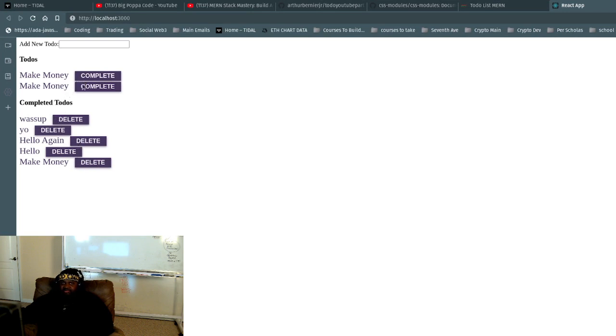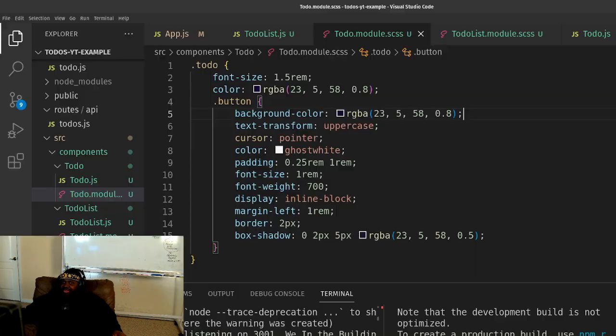And bam, bam, bam, we got some styling there. Right? You can also see the text has a little bit of styling on it too. Everything's looking a little bit better there now. So essentially, as far as I'm concerned, buttons are styled, right? I mean, the todos are styled. So let's move on now,